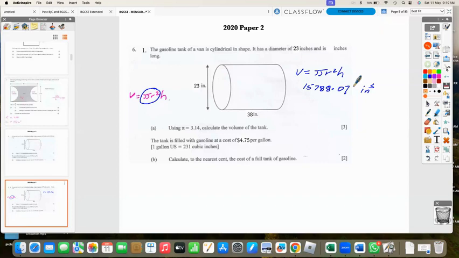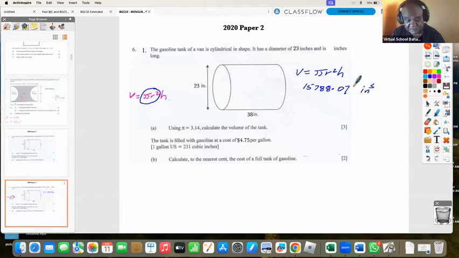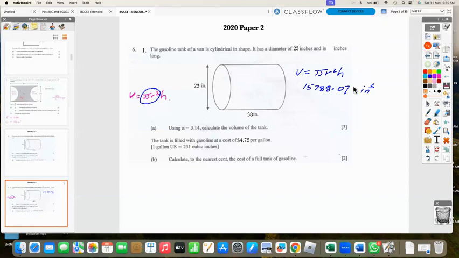They told us to use 3.14 for pi. I just pressed the pi button on my calculator. So let me do it with what they tell us. So pi is 3.14 multiplied by 11.5 squared, multiplied by 38 equals